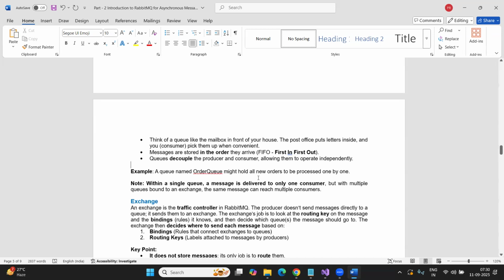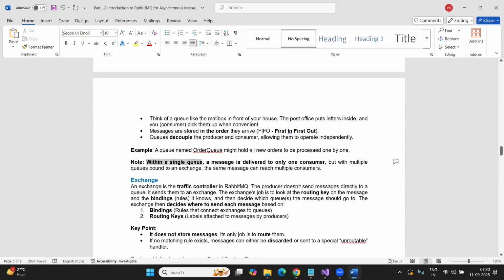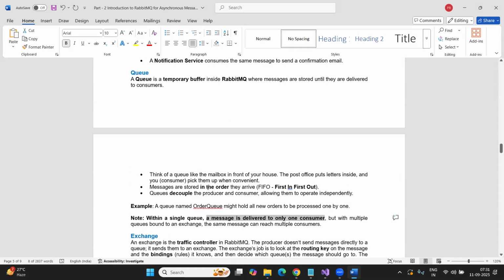And within a single queue, a message is delivered to only one consumer. This is very, very important. For example, you can have multiple queues. One queue is for orders. If you are sending an order placed message, and you have three different consumers,